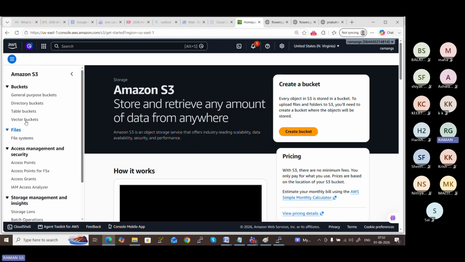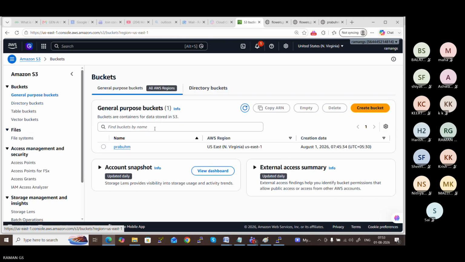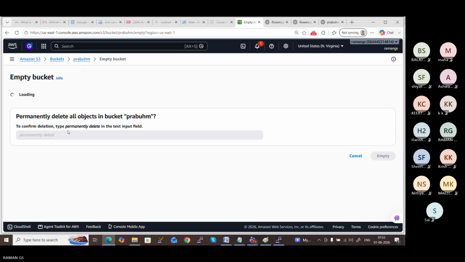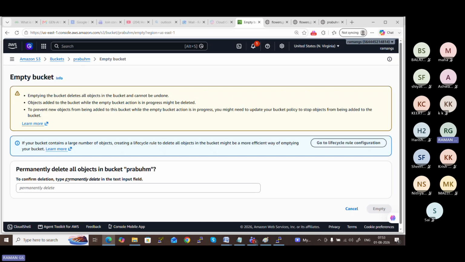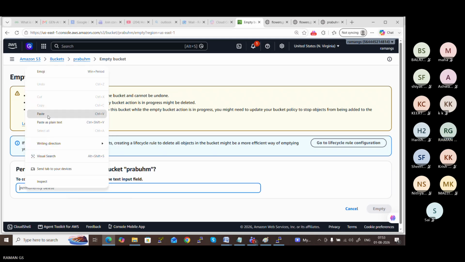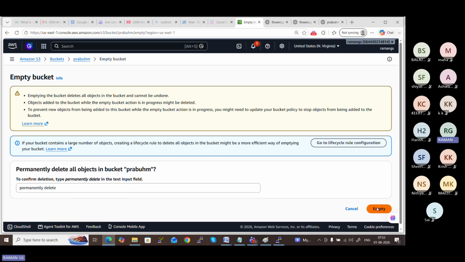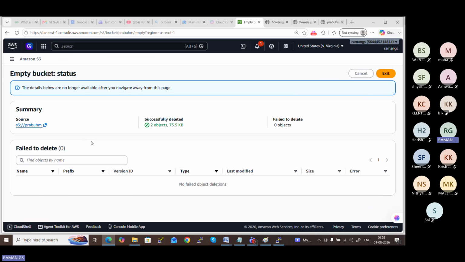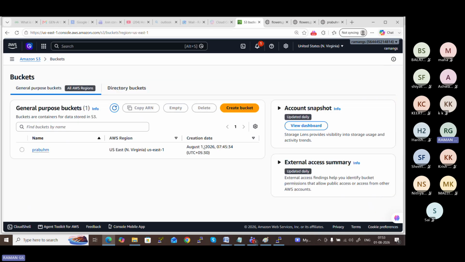Once your activity is over, you can delete the bucket. When you delete the bucket, first you need to empty it. A bucket with objects can't be deleted. First, delete all the objects in the bucket, empty the bucket, and then you can delete the bucket.